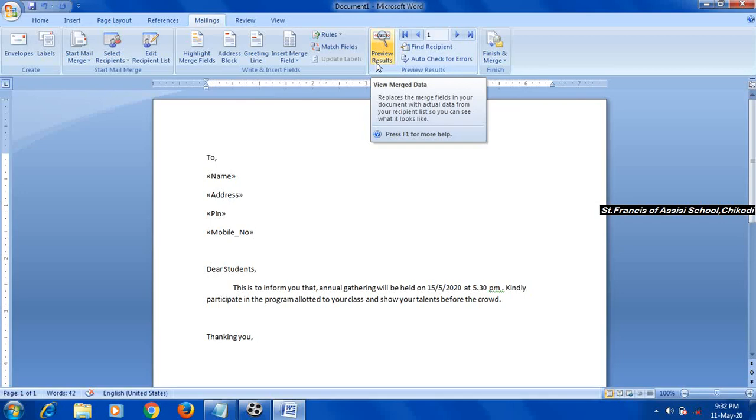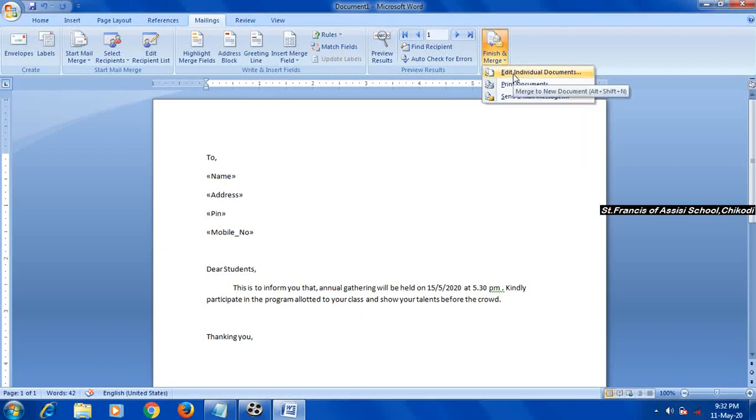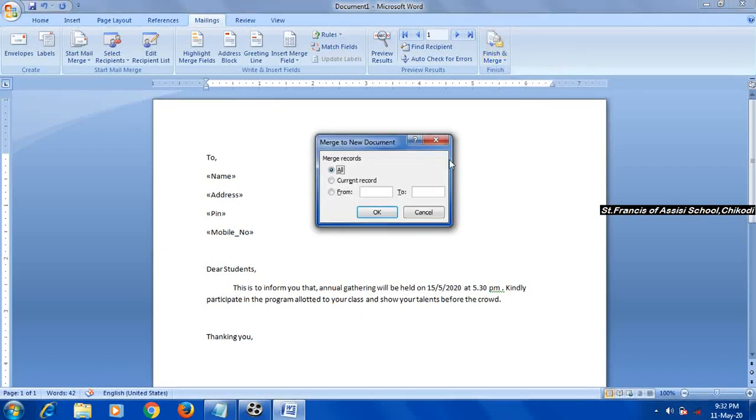Or if you want to go for the final step, then you can click on the finish and merge option. I'll click on finish and merge, and you click on the first option in that. Here three options are given. The first one is all. All means the total number of records available in the database. If you want to generate the letter for all those records, then click on all and click on the OK button.